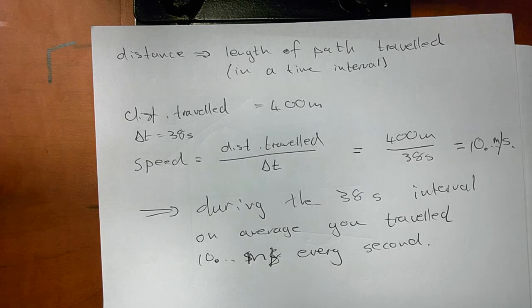However, when we define speed and distance, we don't care in what direction you're traveling. You could be walking in a small little circle. If after a certain amount of time you have walked 400 meters, we divide that by the time interval it took you to travel that path, and it tells us what your speed was. Now, to show you a